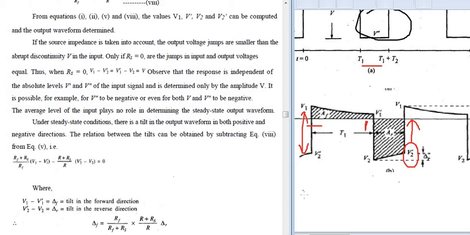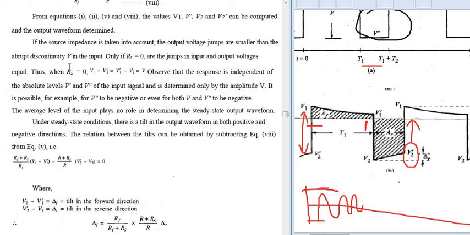Of course not. Let me give an example. This is the V1 value and this is your V2 dash value. When source impedance is taken into consideration, my signal won't go up to this part. Again it will come back here, so it won't have proper continuity. You will get some discontinuities. This part is called discontinuity, and it comes when your source impedance is considered. So to avoid that, the condition should be Rs equals 0.